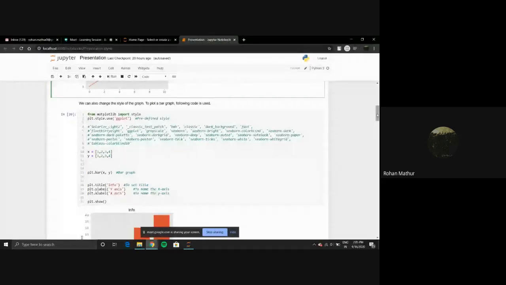The most important style here is ggplot. For those of you who are using R for visualizations, you must know a package called ggplot2. This was created as a package for data visualization by Hadley Wickham back in 2005. So ggplot basically was the foundation for ggplot2.